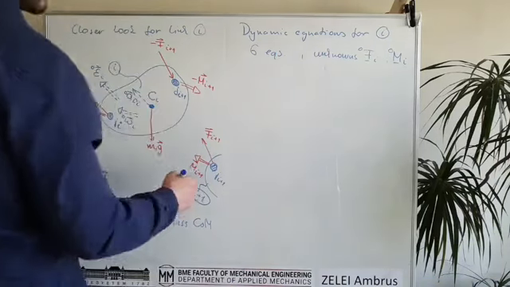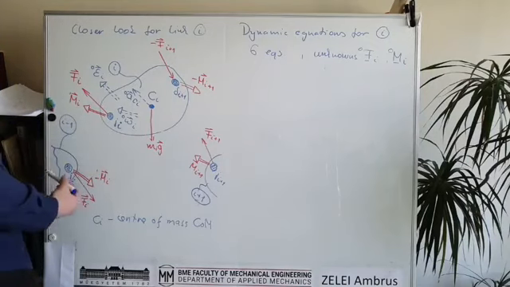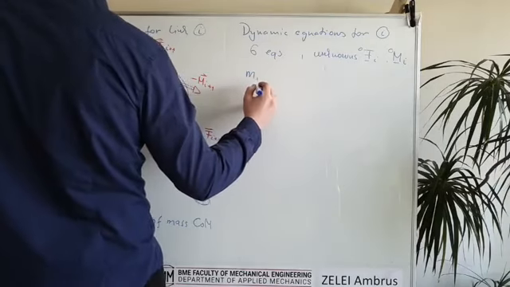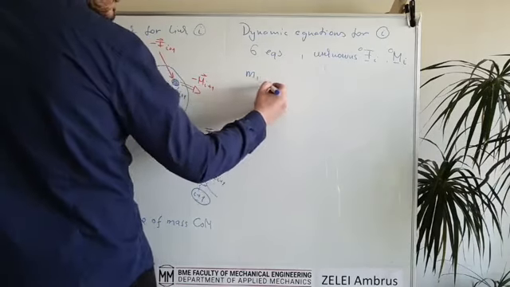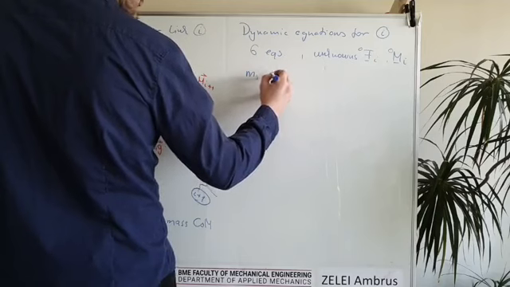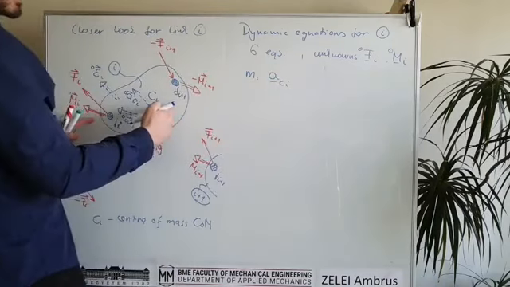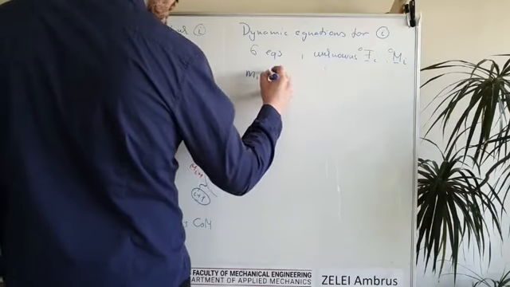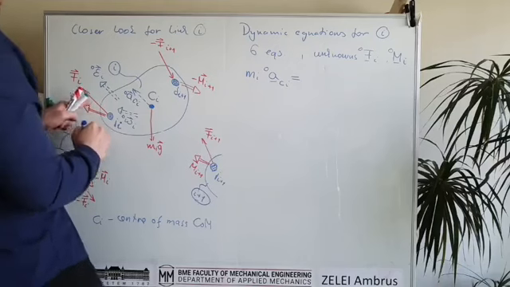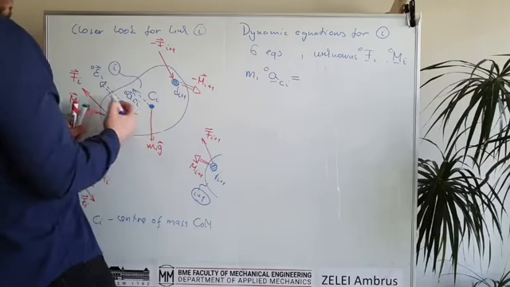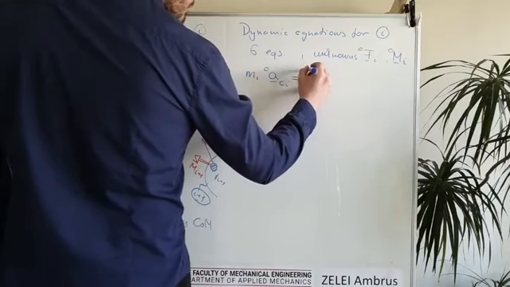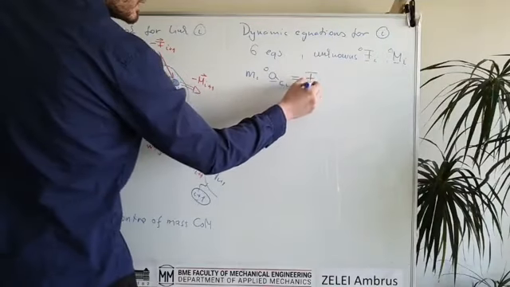Okay, so we want to calculate these unknowns, and basically we will have the Newtonian equation, Newton's law, which is m times the time derivative of the impulse, the change rate of the impulse of the link. But we know that m is constant, so we can say m times the acceleration is equal to the sum of the forces, and we have the force, so m times the acceleration is equal to the force,